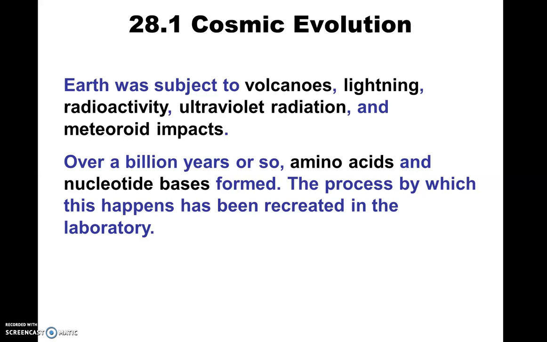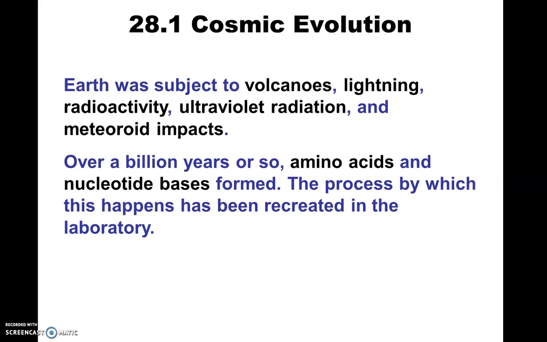We think that very, very quickly after that early atmosphere formed, there was lightning and also ultraviolet radiation penetrating the atmosphere, because there was no ozone layer, right? The O3 molecules in the upper atmosphere weren't even present, and so any ultraviolet radiation would have made it to the ground.